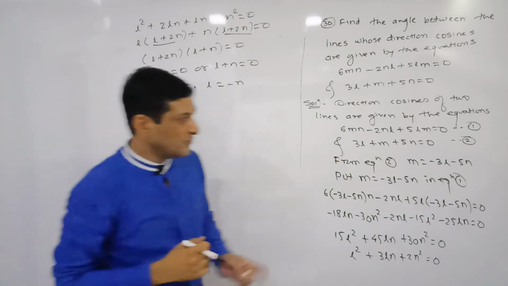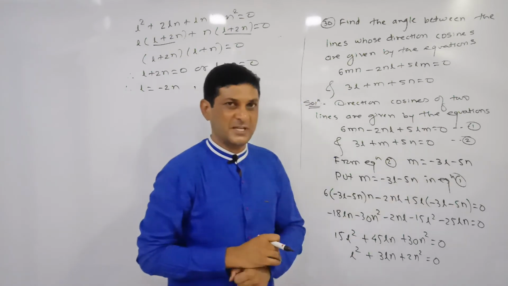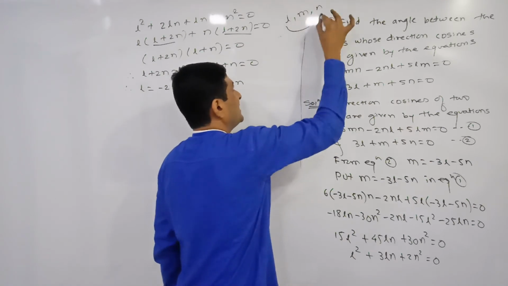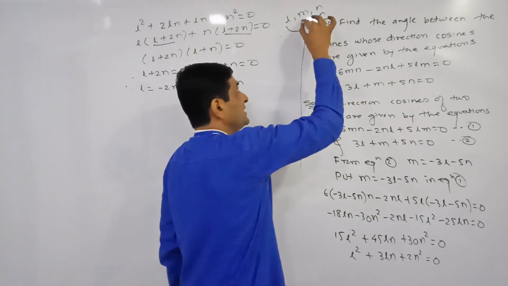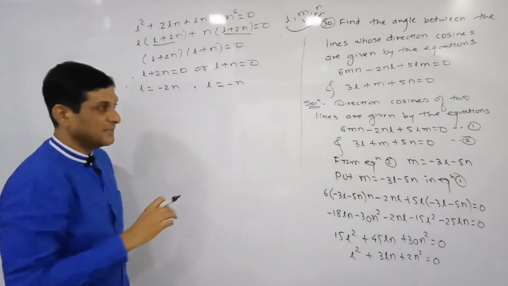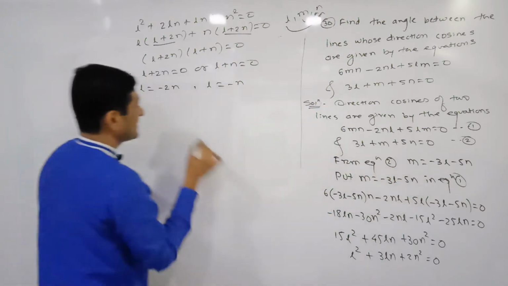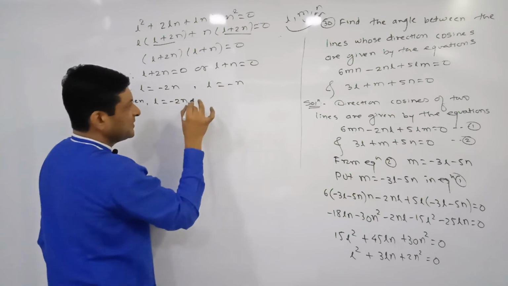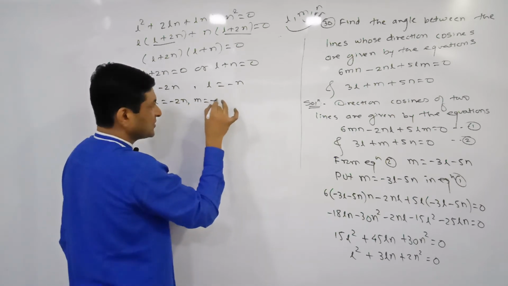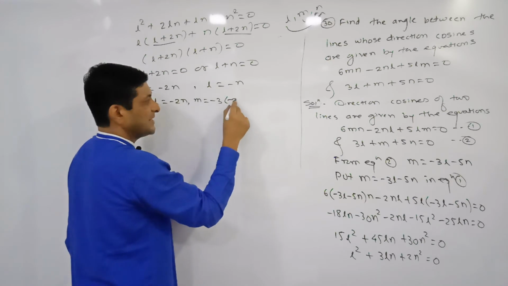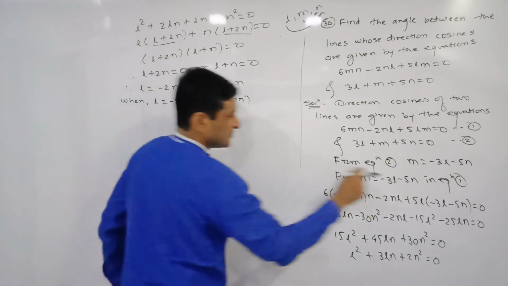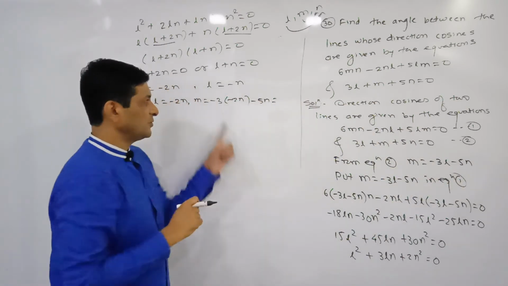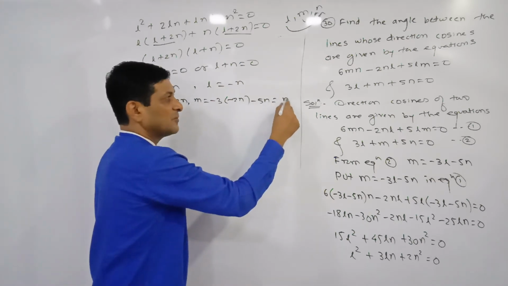Now we are trying to find the value of m also in terms of n. See, the equation is in terms of l, m, n. अभी हमें l की value in terms of n पता चल गई, अभी m की value in terms of n find करनी है. So for that purpose use this result. When l is equal to minus 2n, m will be equal to minus 3 into l, but l is minus 2n, substituting l, minus 5n, keep it as it is. Here we get 6n minus 5n, which is equal to n.